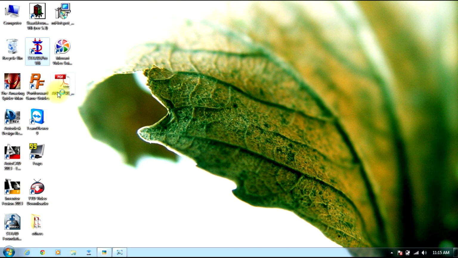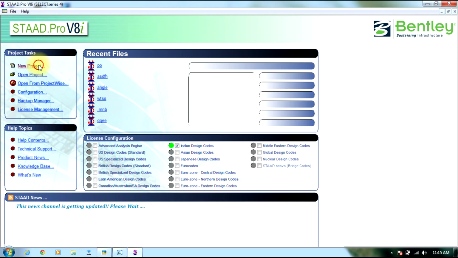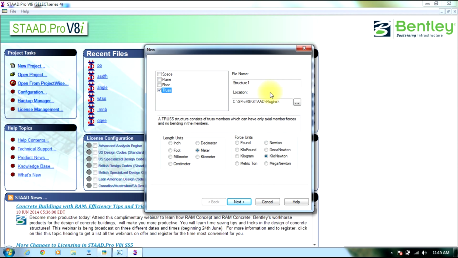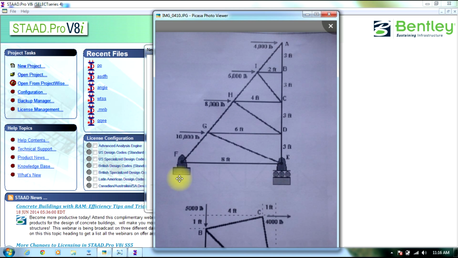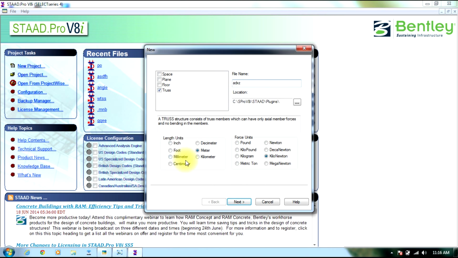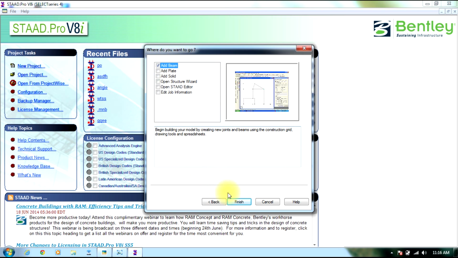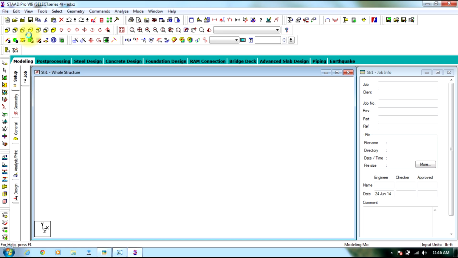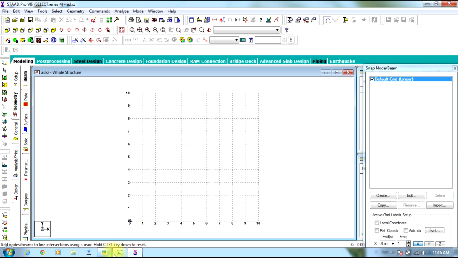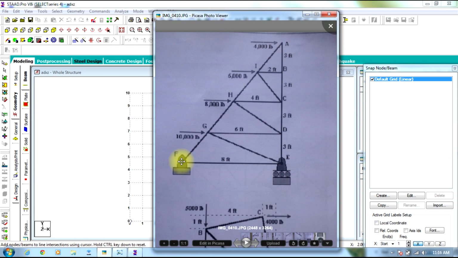Initially start Staad Pro, select new project, select truss, give it a name. As per our figure, the units are pounds and feet. So select foot and pounds, select next, select OK, select add beam, finish, select front view. Well, as per our figure, first we have 8 feet,